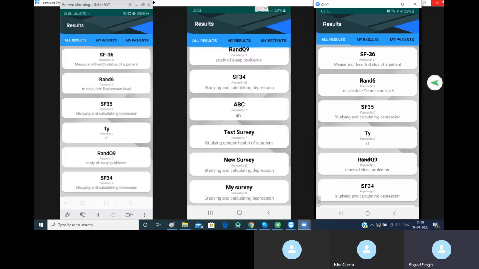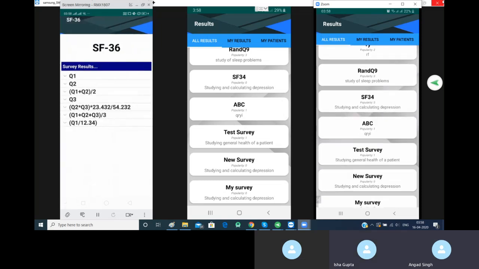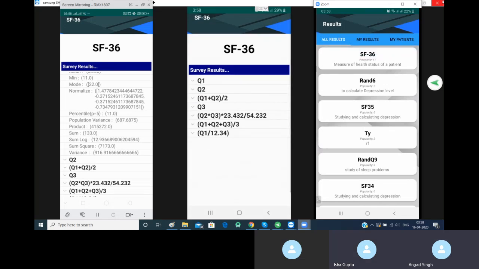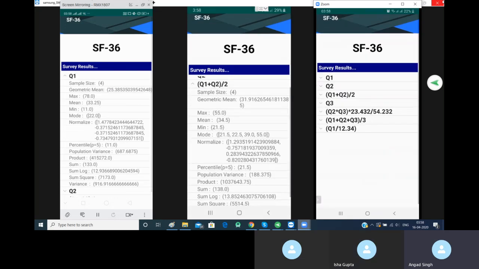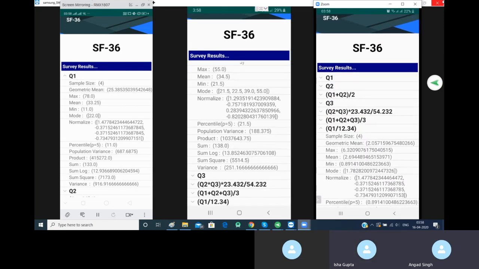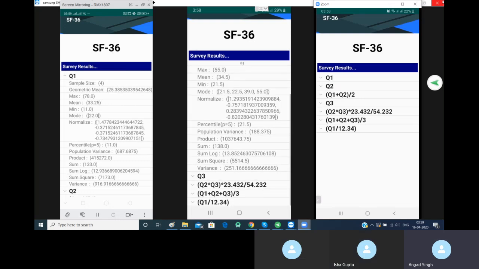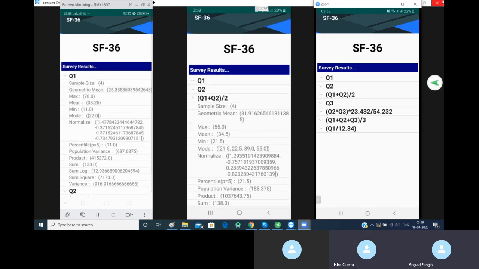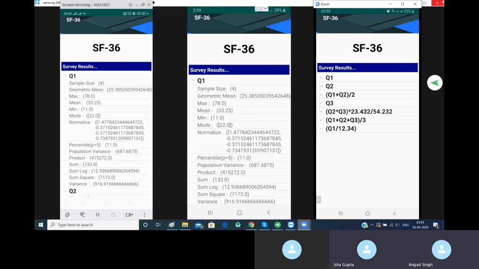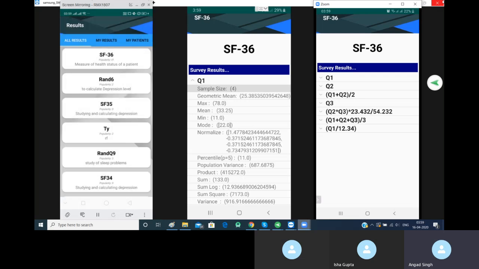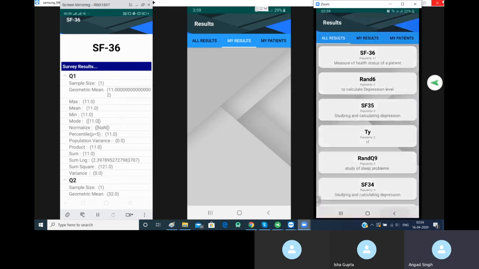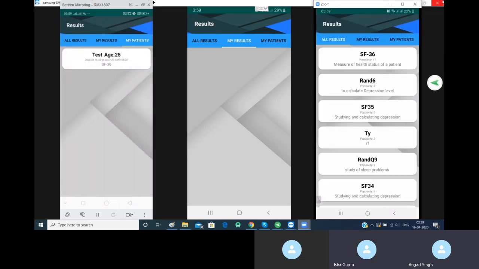Similarly, the All Results section contains data regarding the sample of all of the doctors and all of the patients who have given the SF36 survey or any other survey within our entire app. So any number of doctors who perform the SF36 survey on any number of patients, it then provides a generalized result with a large sample size within our All Results section. The My Results section only provides data regarding the doctor's small sample size, which we would have access to. Similarly, the My Patients section